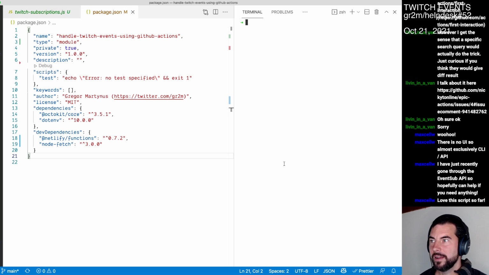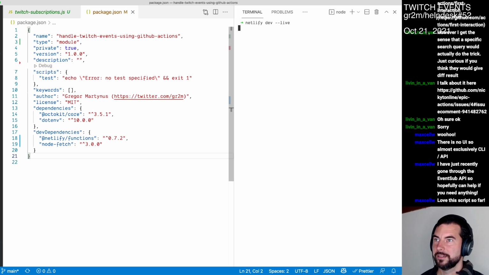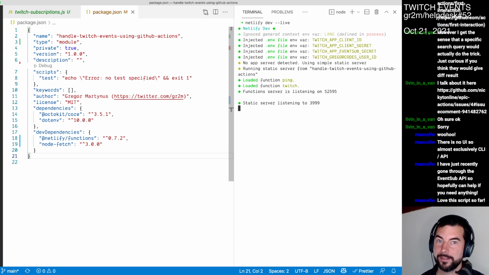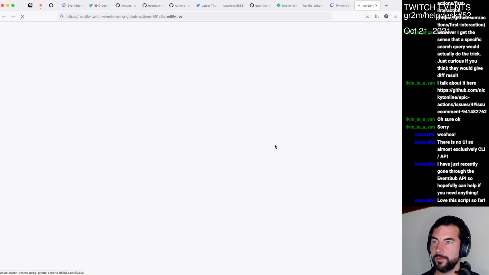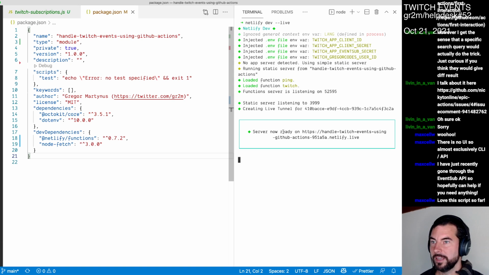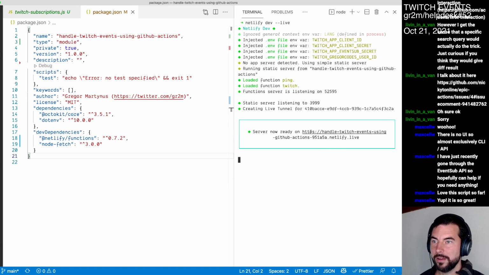Now, before I create it, I think if I recall correctly, I can use the Netlify dev and say --live. And this will create an HTTP tunnel. And I'm so jealous. Like, shout out to the Netlify folks. This is amazing. This is the kind of dev experience I want, also for the GitHub tooling that I've been working on for so long and we don't have. But basically now I have a URL here